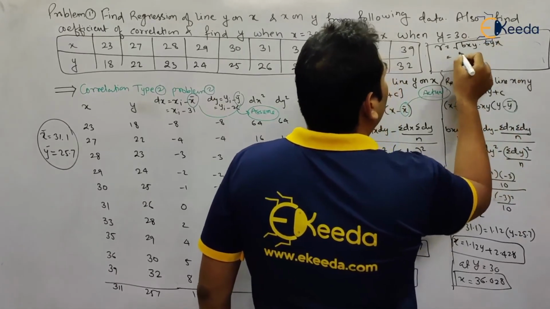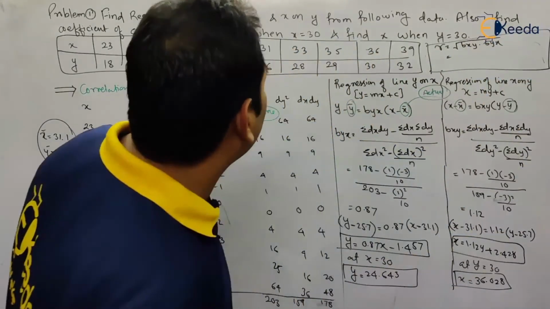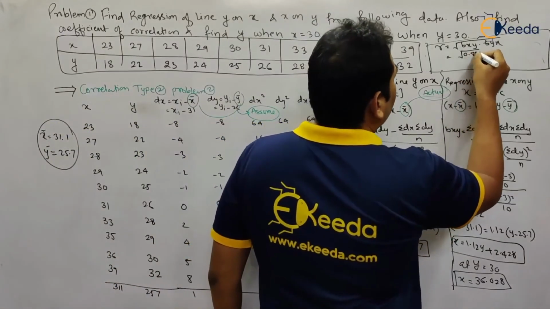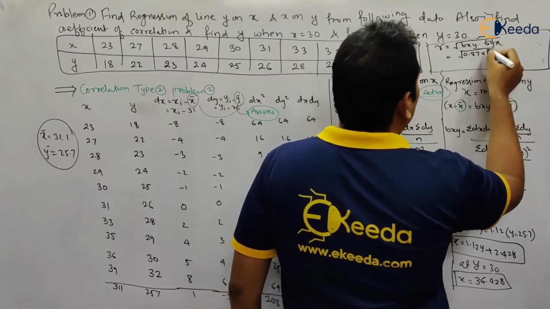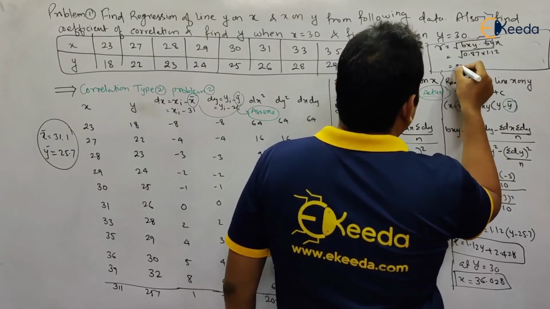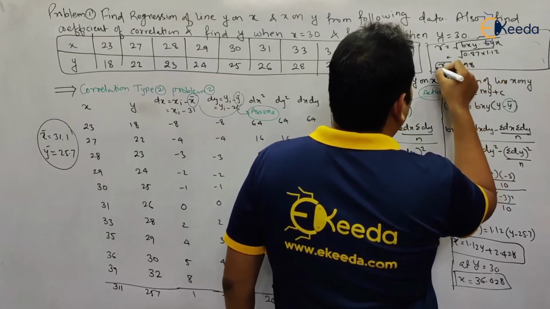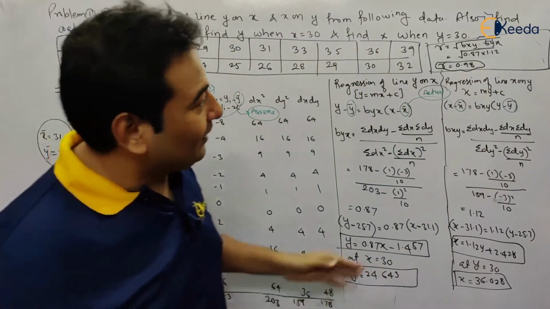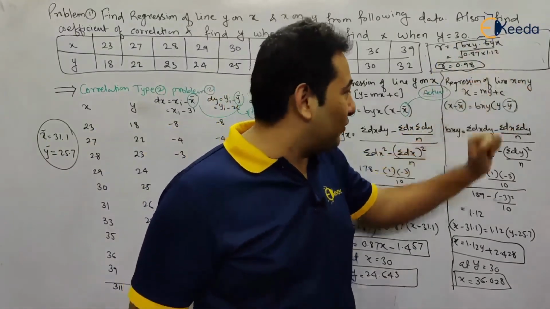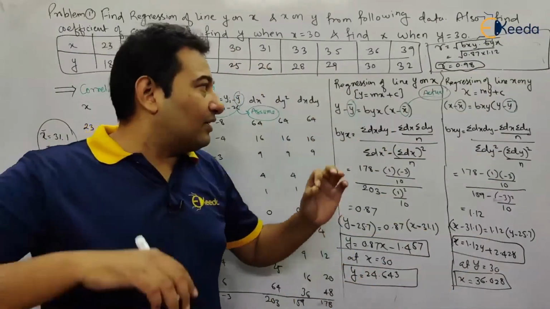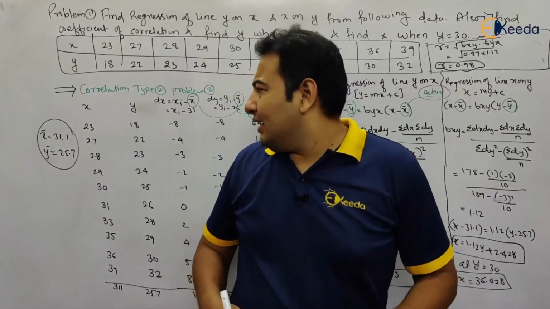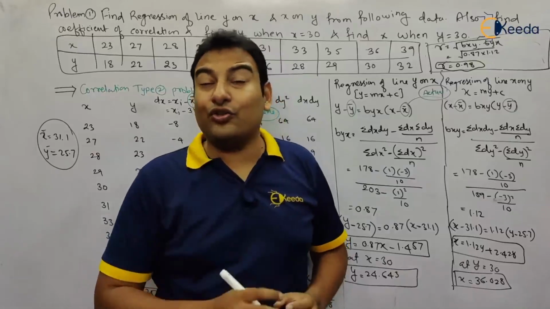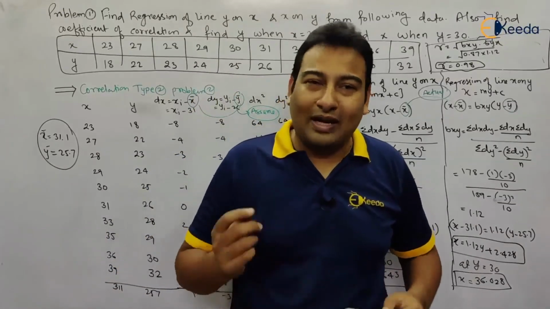So that's it. If I put root of bxy and byx, so the values are 0.87 into 1.12. Please try doing it. You will get the value of r is equal to 0.98. We didn't have space, therefore I have adjusted. Please cooperate. So that's it. It's a master question, a lot of things asked. Nothing much to understand. It's just a manual calculation, so the calculation should be correct to get the answer. Hope you understood. Practice well. Thank you.